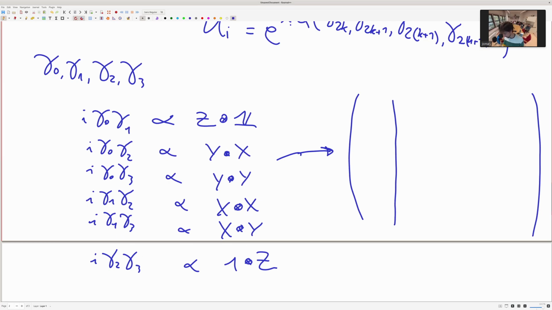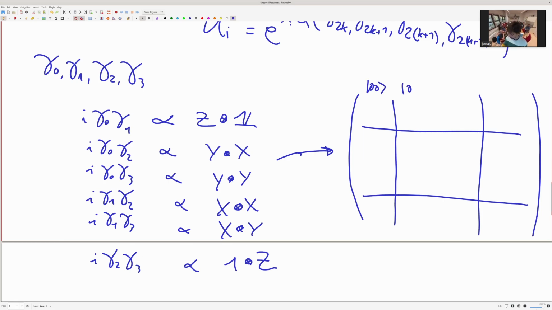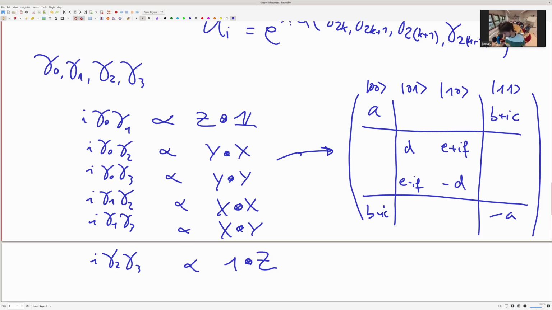We basically find something that looks like this. So you can write these things out explicitly, and you see that linear combinations of them give you a matrix